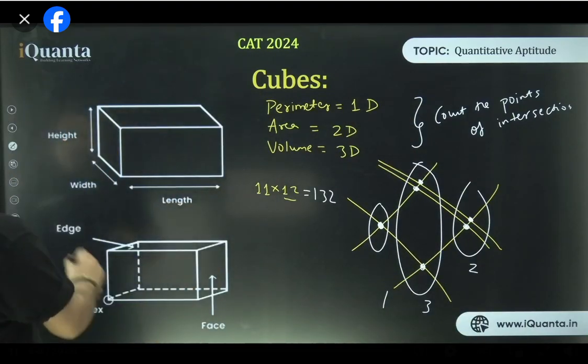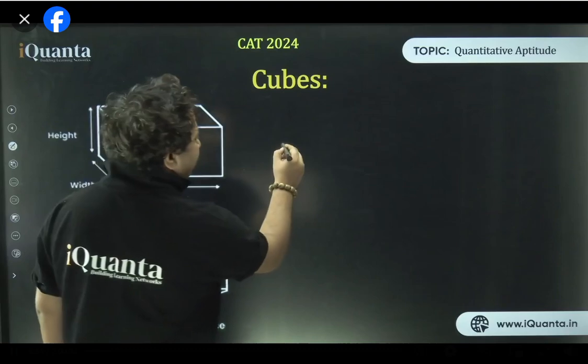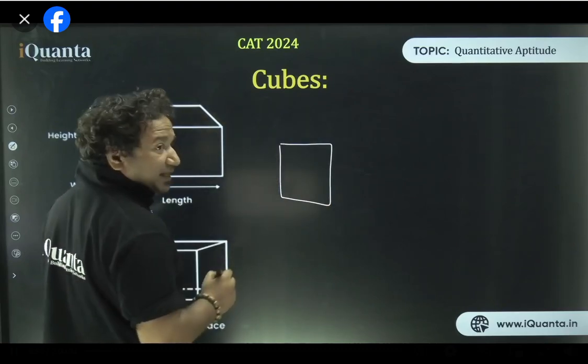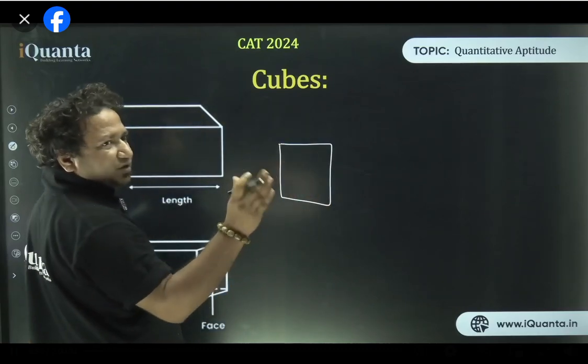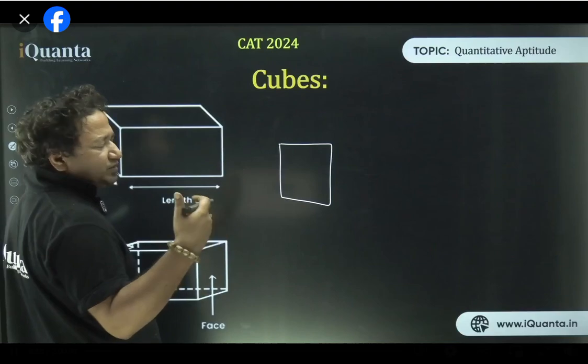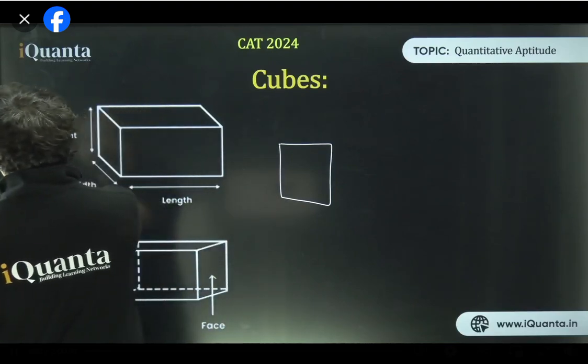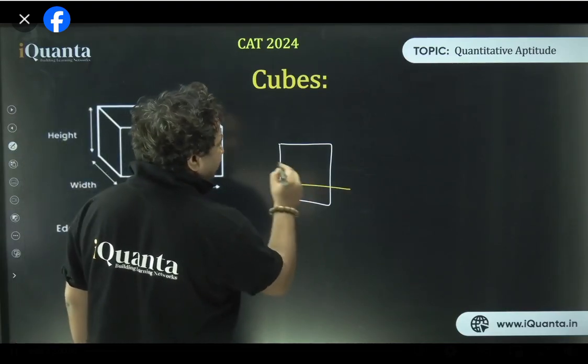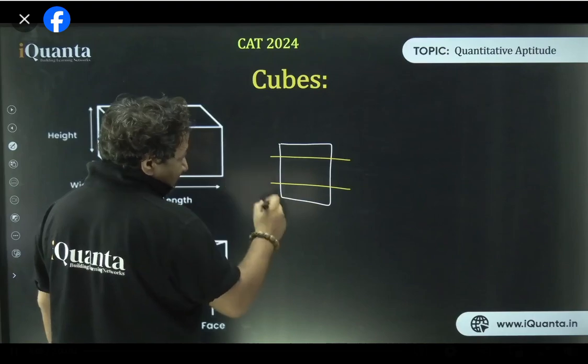That is clear, right? So now, what if I have a square? I have a square and I want to calculate its area. So the length of the square side is 2 units, 2 centimeter, whatever. So there are basically 2 lines, 1, 2, okay, and 2 lines like this.